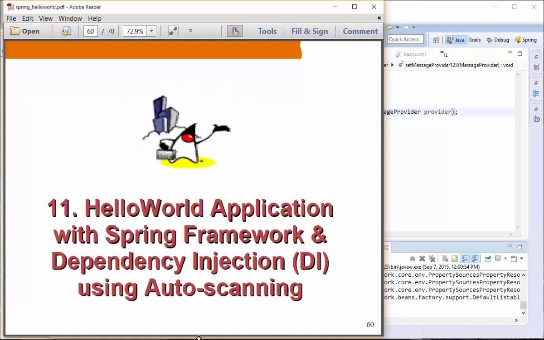Okay, so that is the next step, number 11. Here we're going to use auto scanning. How do we specify auto scanning? Before we move on, let me actually see